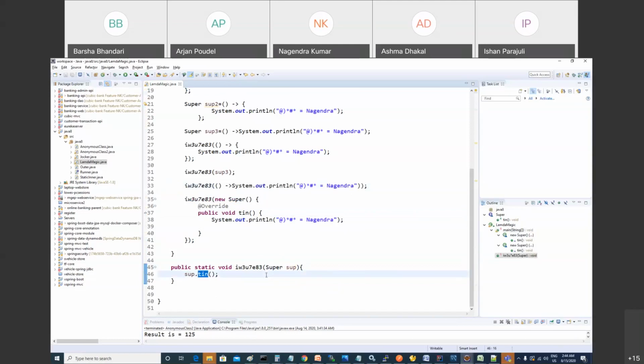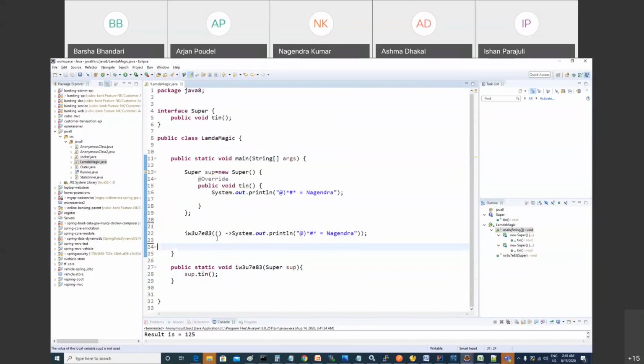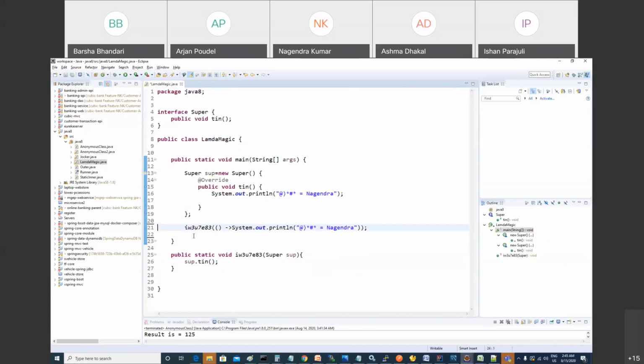So what's your confusion? If I'm calling tin, lambda is nothing. Lambda is just a method definition wrapped in a class. Are you following me? I understand your confusion. Let me make it simple.